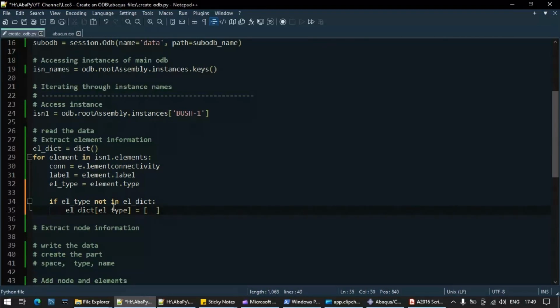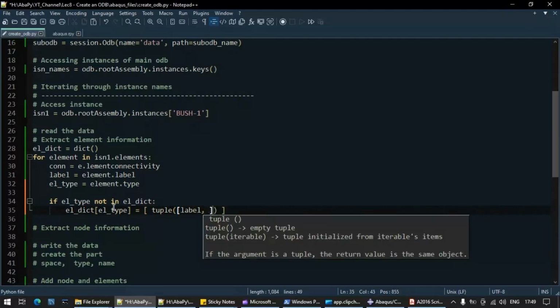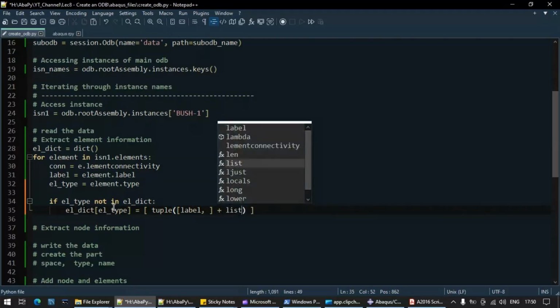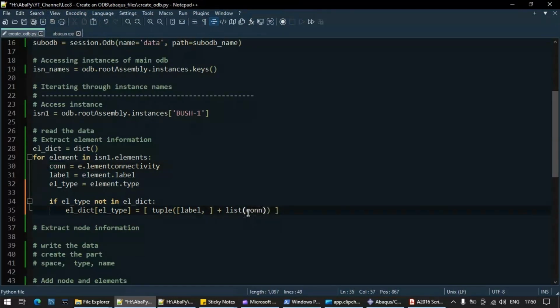How do we store the data? So in the list we'll create another list, let's say tuple in this case, not list, and in this tuple we will store all the information, the label as well as the nodal connectivity. Let's create that and put the connectivity, convert this connectivity variable also into the list and add this to the label. Okay, and convert everything into the tuple, and that you add it into the empty list. So this is when we have a newly element type we are going to add in the dictionary.